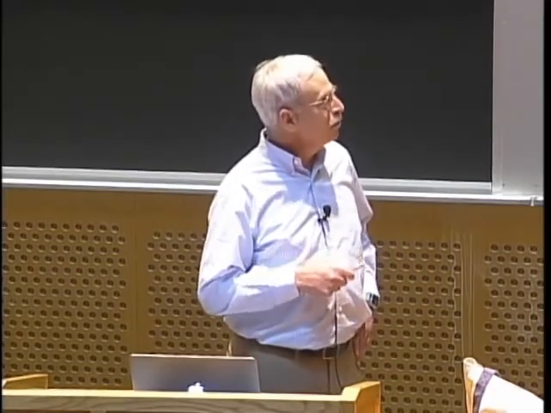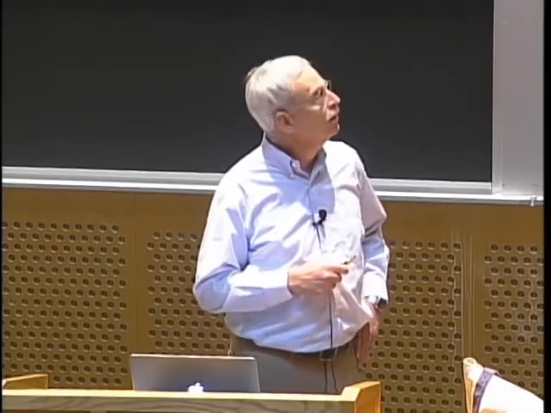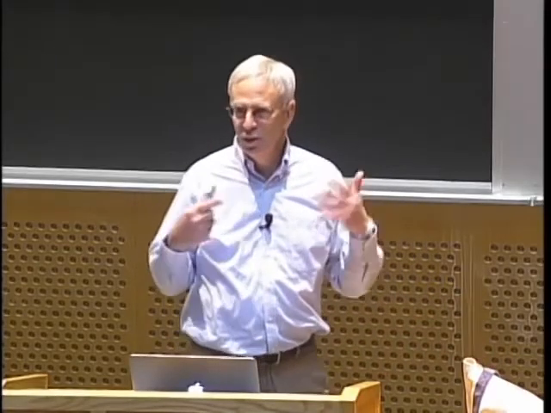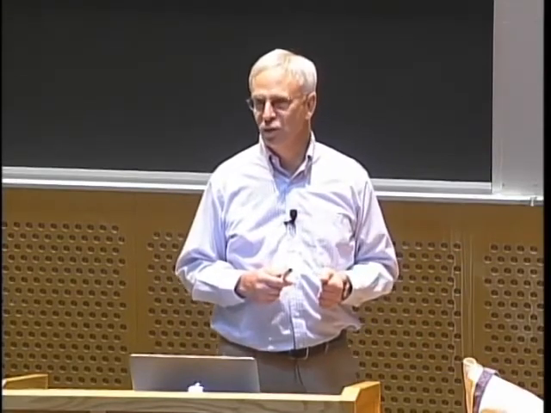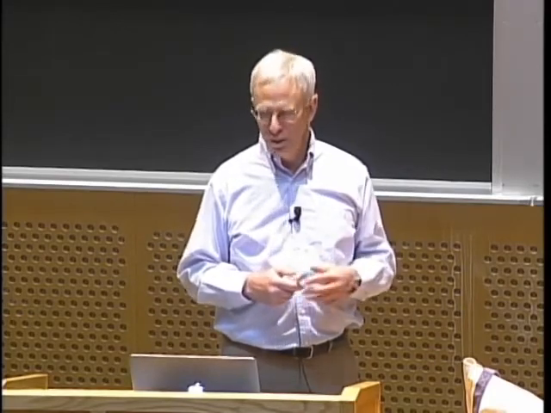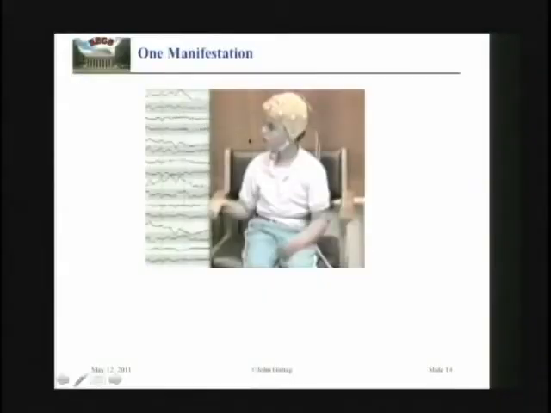Two, she happened to be in the clinic at the time wearing this funny-looking cap that has electrodes in it, just sits on the scalp. And here is a record of the electrical activity at the surface of her scalp. And what you'll see is a quick, slight change on it just before the seizure hits, and then enormous changes during the seizure. Turns out the enormous changes during the seizure have nothing really to do with the seizure. They have to do with muscle activity. As you'll see, once the seizure hits, there's a lot of ugly muscle activity.